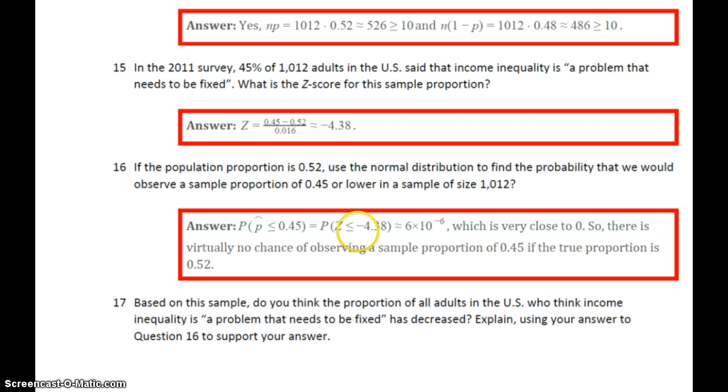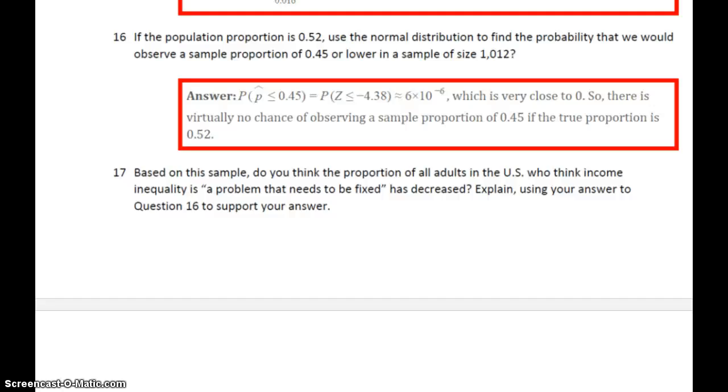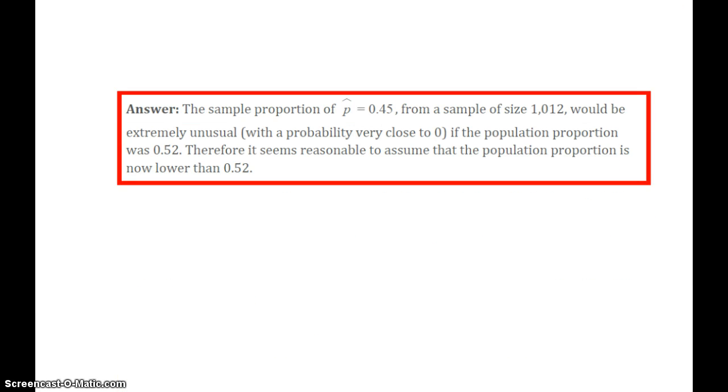That's the probability z is less than or equal to minus 4.38. On your TI, you would do normalcdf, comma. Now this is a tail to the left. So you would have normalcdf of minus 1E99, comma, minus 4.38, which is 6 times 10 to the minus 6. That's almost 0. So if the true population proportion was 0.52, it is almost impossible we would have gotten a sample statistic of 0.45. This is leading up to hypothesis testing, but again, the sample proportion of 0.45